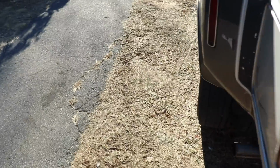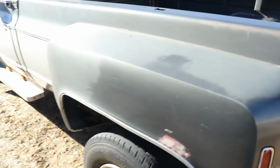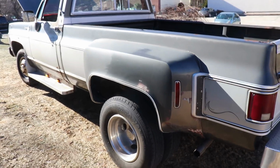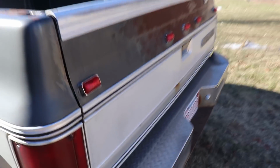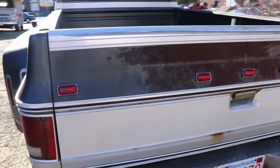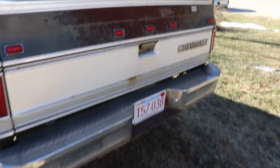So, a few little things I've done to it so far is a lot of lights were out on it. I mean, I had a handful of 194s. I just had to go around and kind of replace all those. These tailgate lights weren't working, so I found a wiring problem there, fixed that, and then I just went ahead and ordered the LED replacement ones. Put those on, because